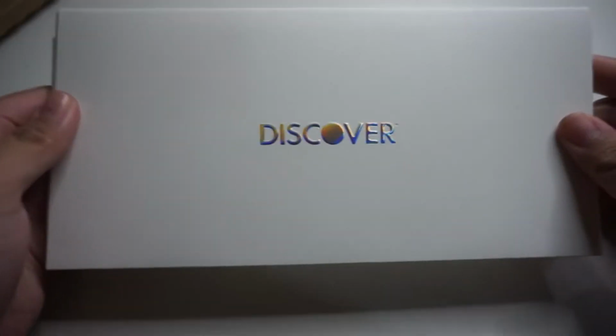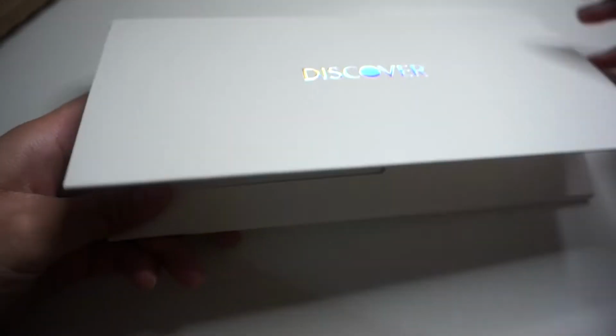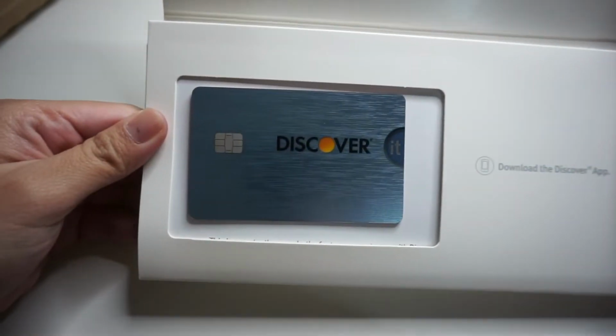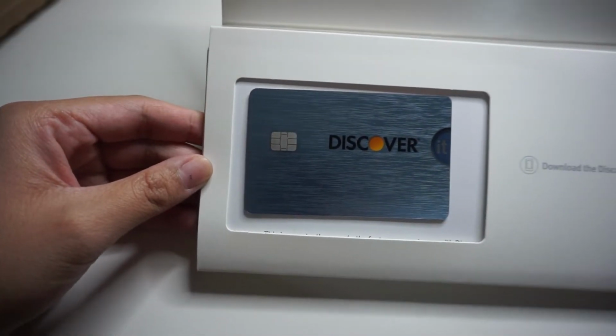Although the Discover It credit card is a very entry-level credit card, it comes in some pretty cool packaging. And look! I really like that. This is the back of it. This is it. And when you open it, there is the credit card. I actually chose a different colorway, but in the packaging, you'll see that...